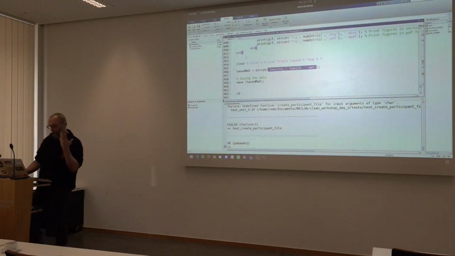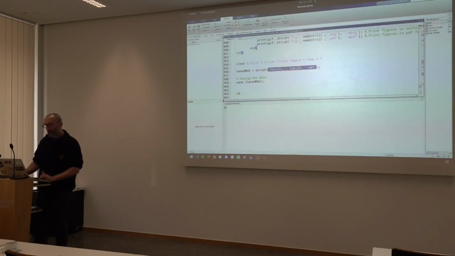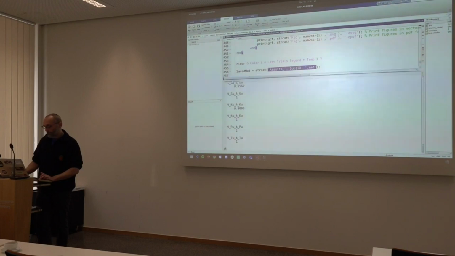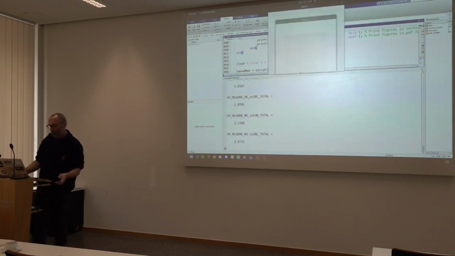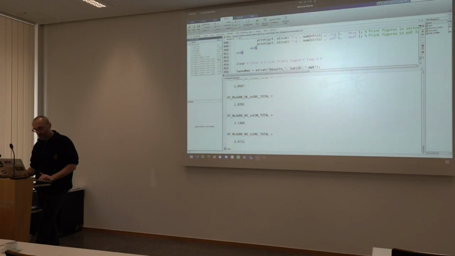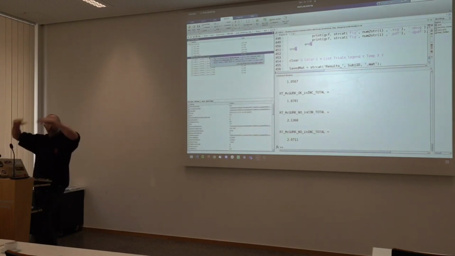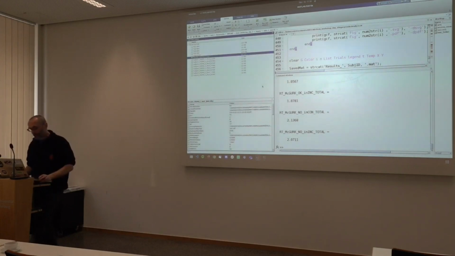So you have all the data from that single participant for all the runs in a single file. And the way I would run that in the good old days is that first I would make sure that this folder is in the MATLAB path. Then I would need to go to the first participant's folder and run the analyze file from there. It would print a whole bunch of stuff, create my figures, save all the figures in there, and save a single mat file that has all the information about all the runs of this participant, right?